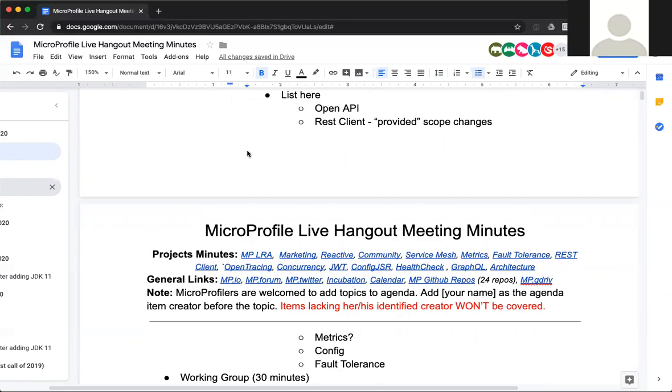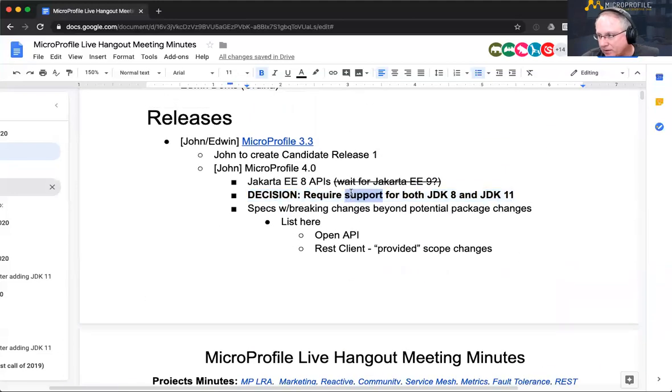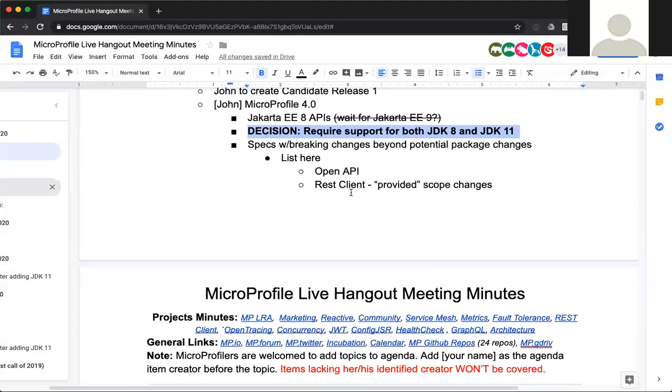No, I'll just put in my 2 cents worth, John, that I still think it's better to keep these two things separate. I know there's been some discussion about whether we should just wait for Jakarta EE9. I think MicroProfile has to make the move to Jakarta EE8 in a separate release from moving to Jakarta EE9. I agree with you completely. Well, I think that's kind of inherent in this one right here, that's how I read it. I think they're related, but they're still separate topics.